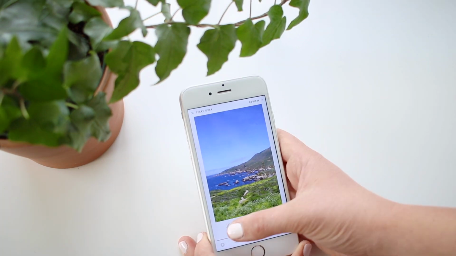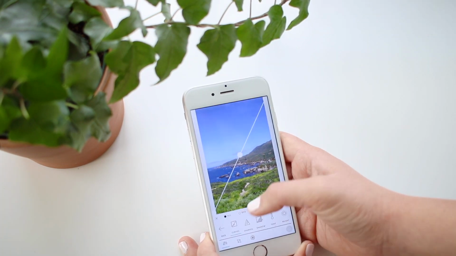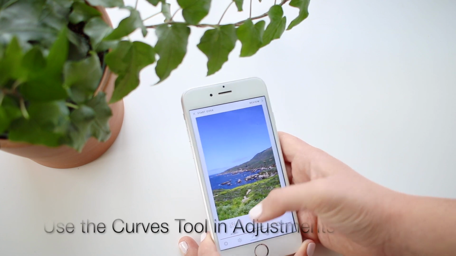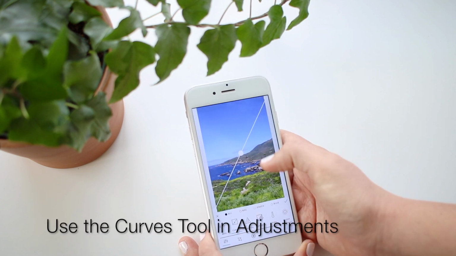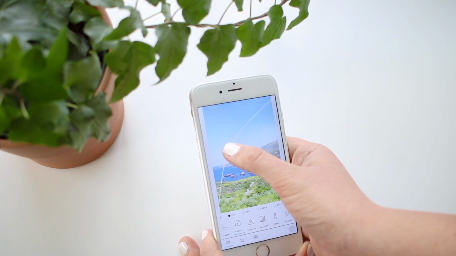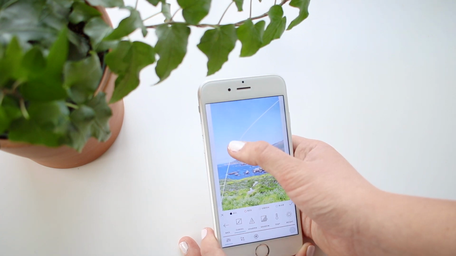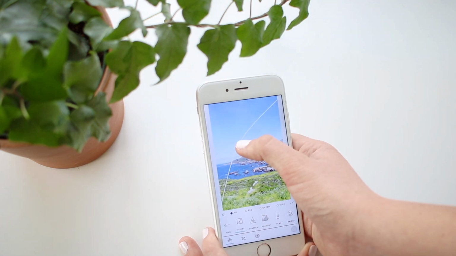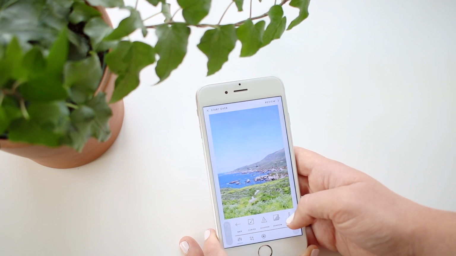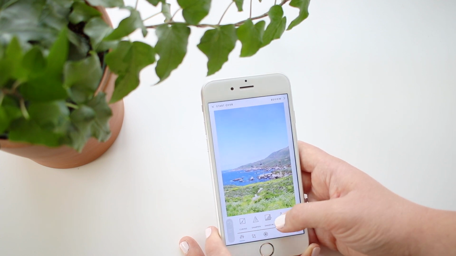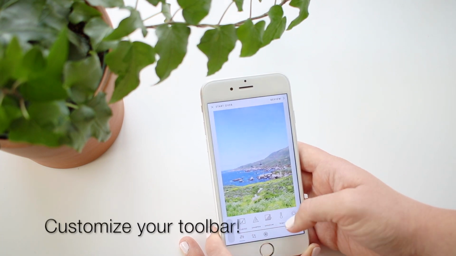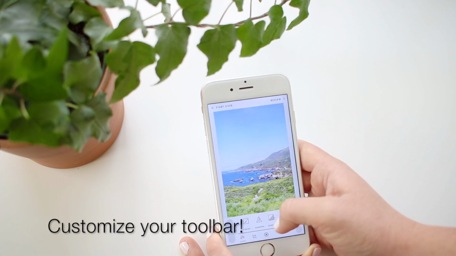I'm going to just show you what I normally do for pretty much all my photos. The first thing that I always do is I go to adjustments and I go to curves, and I'll just drag this up. I like my photos to be light and bright, and this is the perfect tool. Also, I should let you guys know that in A Color Story, it's super nice. You can move around the tools,